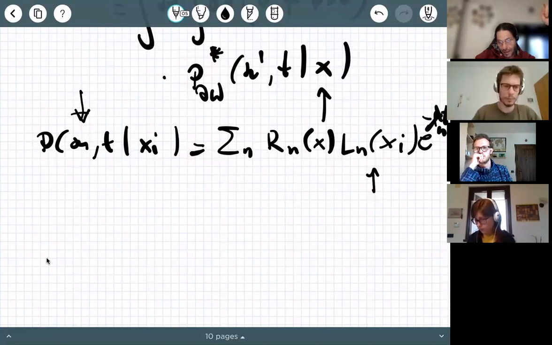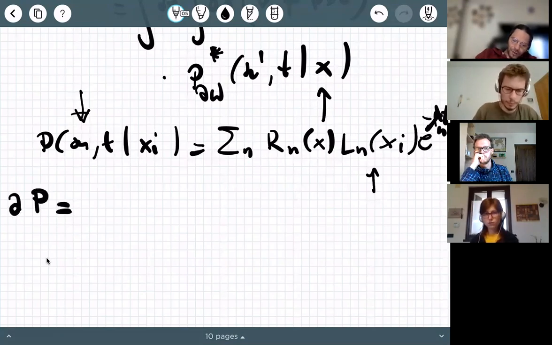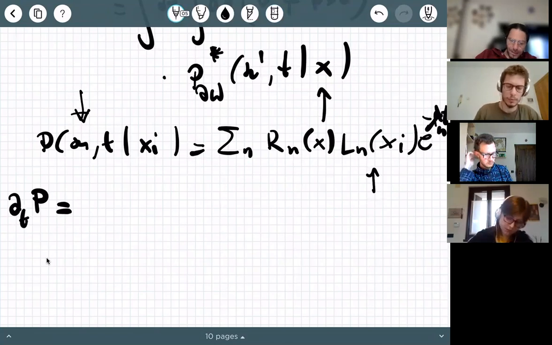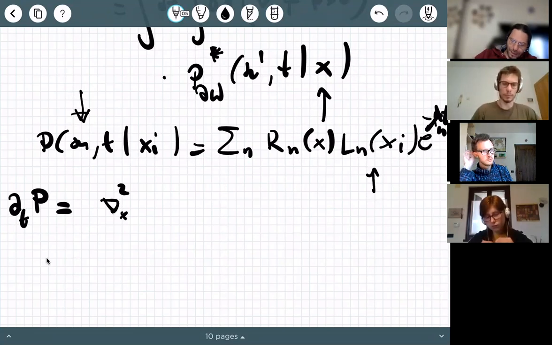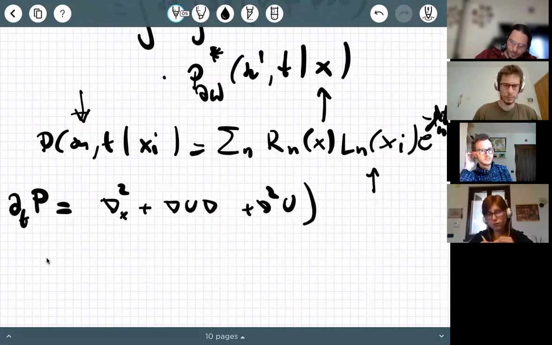It's the left eigenstate. So basically it turns out that P, with respect to X, my systems obey my standard Fokker-Planck equation with respect to final X. But with respect to X prime,